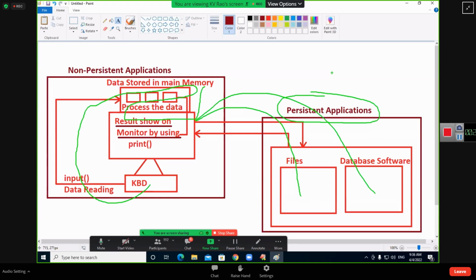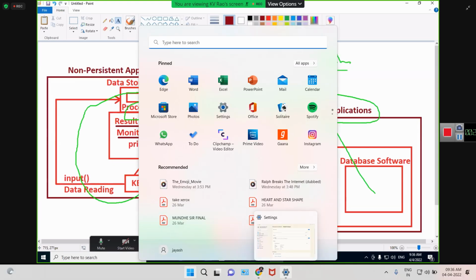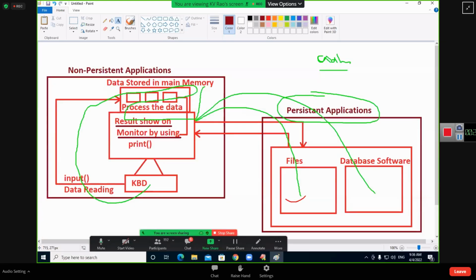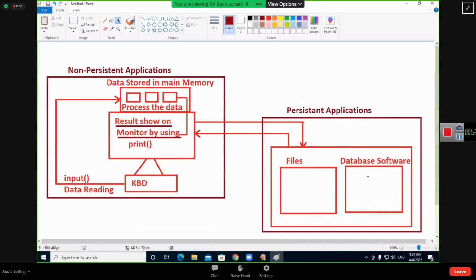Good. Suppose you take an Aadhaar card number. You want to change your Aadhaar card details. You have to get your original Aadhaar card details or not? From where am I going to get it? From file or from where? And I will modify it in the main memory. I will put the modified details once again into the file or database or not? I can read the data. I can write the data to the file or database. So what is that application called? Persistent. What is the meaning of persistent?